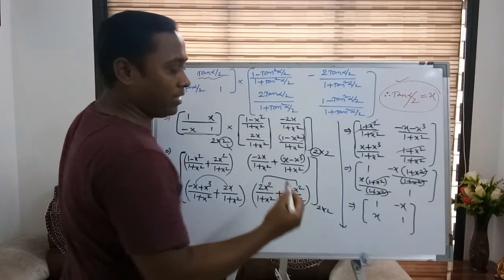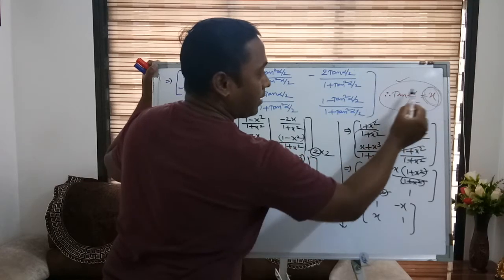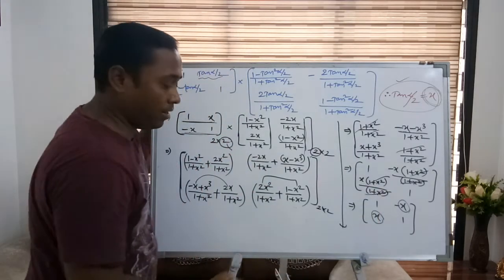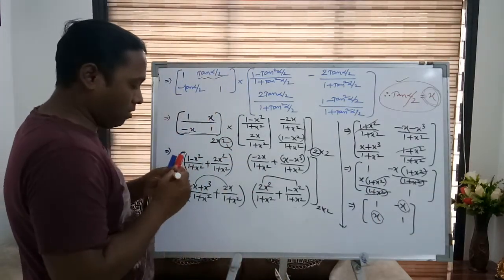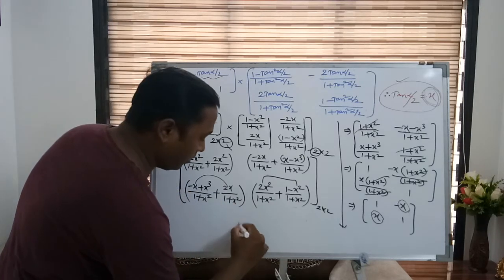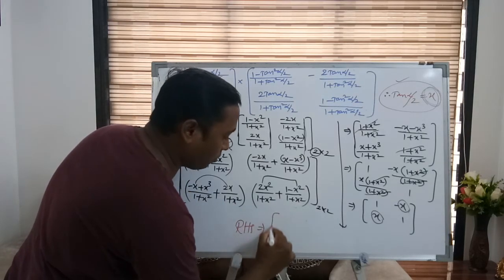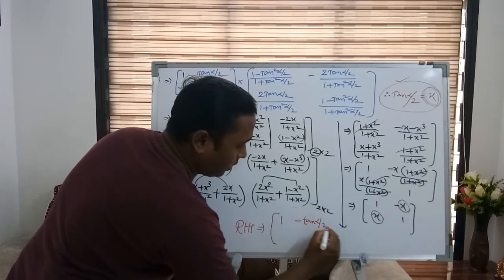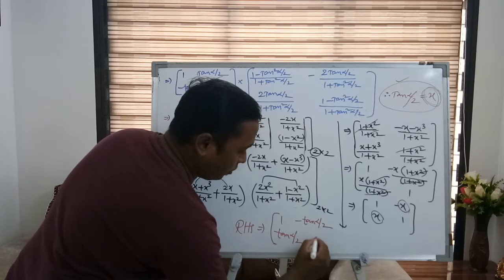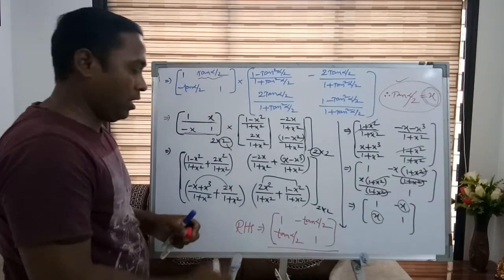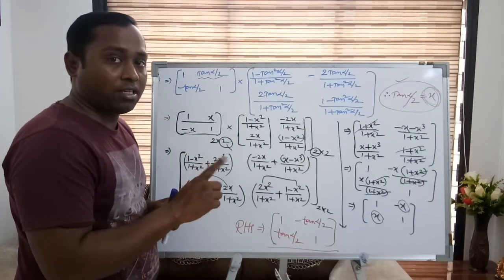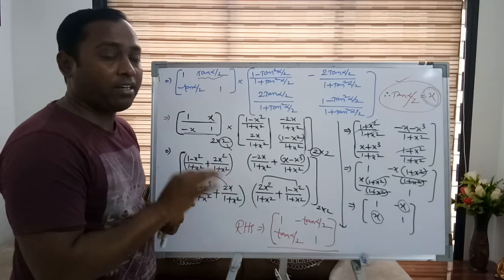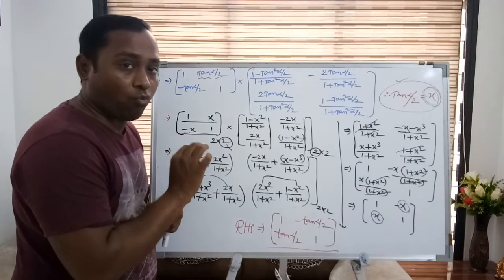And you know what x is? For the time being we have assumed x as tan alpha by 2. You can replace this x with tan alpha by 2 at the end. So the final answer, that is the RHS, right hand side of this part, would be 1, then in place of x, tan alpha by 2, minus tan alpha by 2, and 1. So I hope here LHS is equal to RHS. The answers coincide, which means we have verified the given matrix equation.